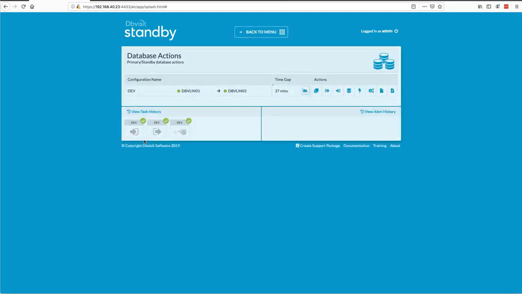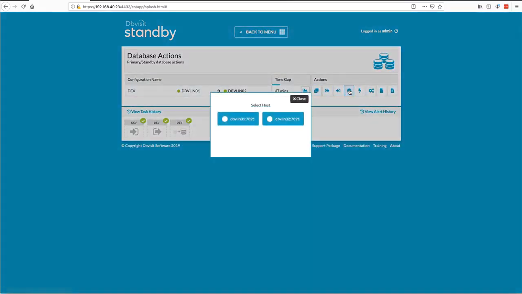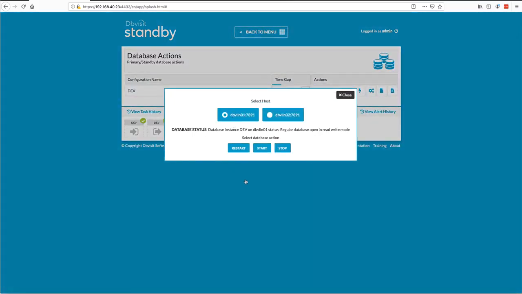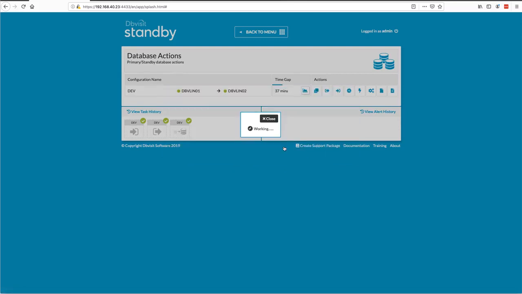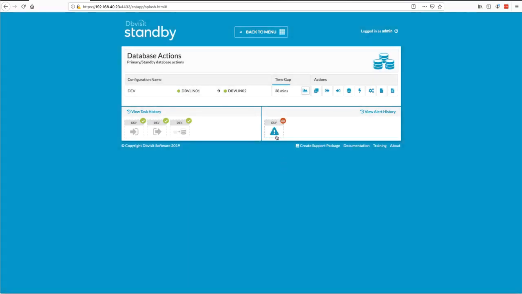So I'm going to go to database actions, go through to the primary database, and actually stop it. So I'm going to simulate a connection failure. The primary system is not available. What will happen now? Let's have a look. It's busy shutting down the primary database, and once that's done,